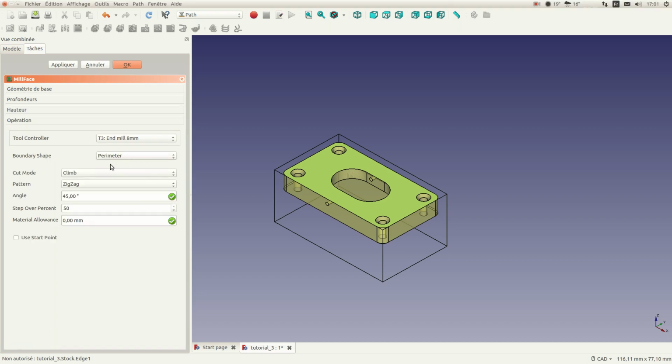And inside operation, you can change the cutting mode. It's conventional or climbing. Let's say climbing. The kind of pattern zigzag, the step over, and you can also leave some more material to make a finishing operation. So if you agree with those parameters, you just say apply, and you can see here